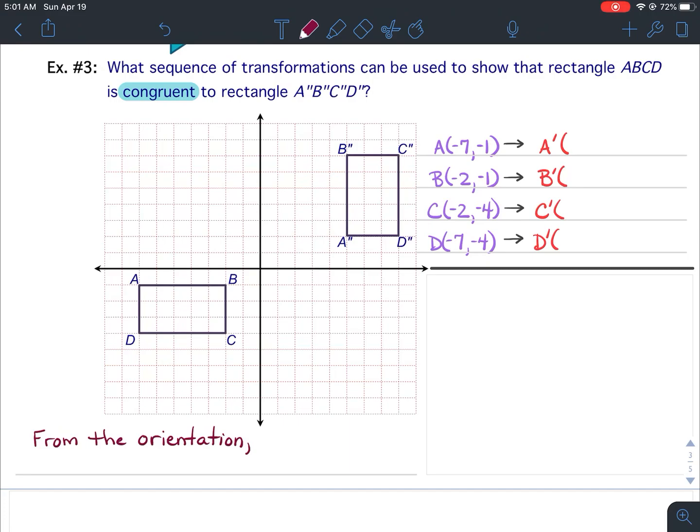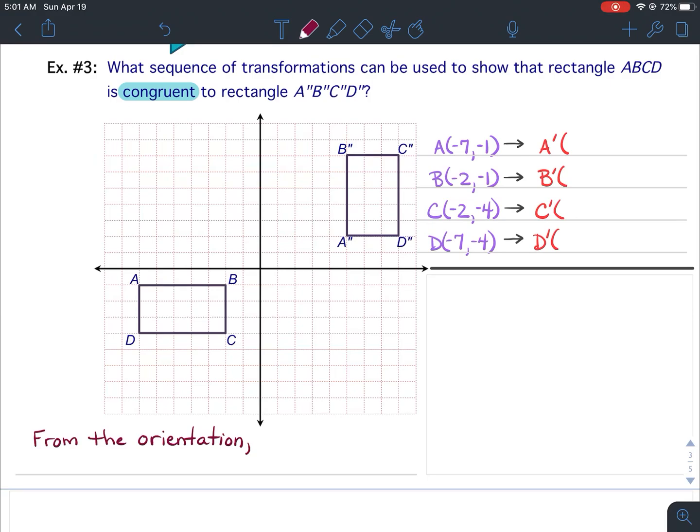Anyway, to figure out what it is, let's start by looking at the orientation. Let's look at AB. AB is this direction, but A double prime, B double prime is going that direction. Is that the exact same orientation? No. Is it opposite orientation? No. It's completely different orientation. And if it's different orientation, that means a rotation occurred. So now that we know that it rotated,